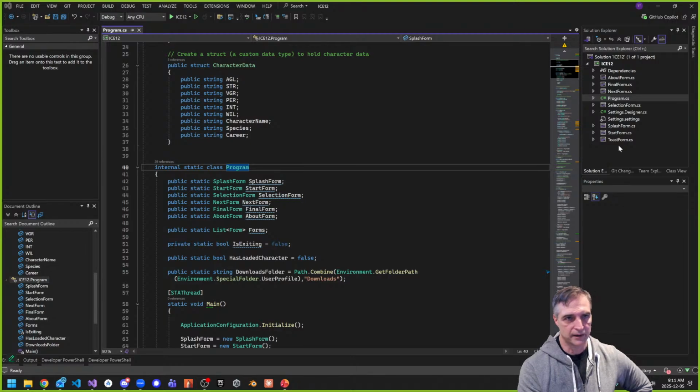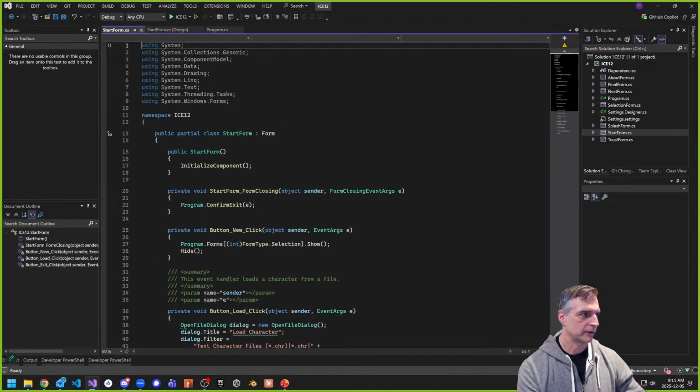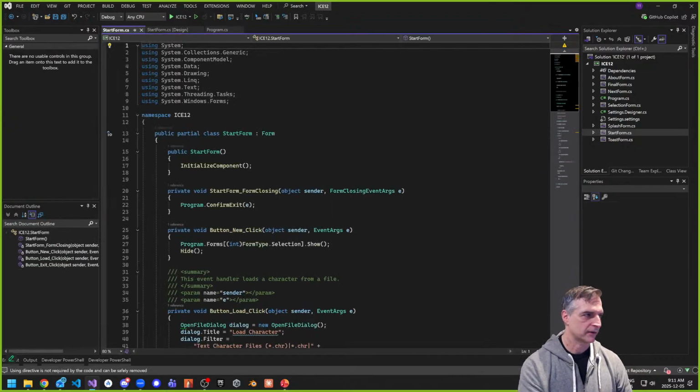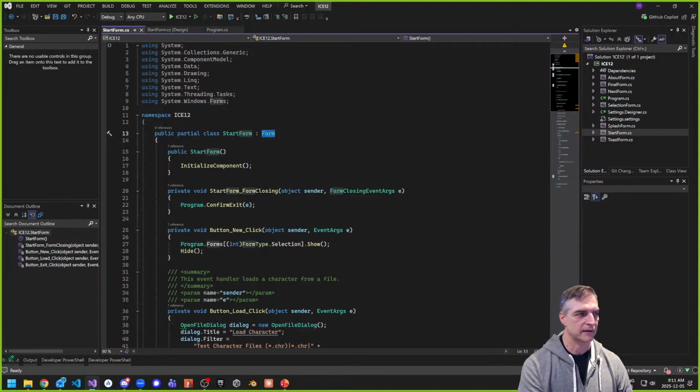So if I looked at something like start form, let's just look at that one for a second. If I look at my class start form, there's a couple things. It says we have this partial keyword, which is unique for this example because we're using Windows forms. But just ignoring this for a second, we have the class keyword, the public keyword, the start form name, that's the name of the class. Then we have a colon, which means inherits from, and then we have form. Form is the superclass. This is kind of like the parent class of these ones. And that's how we do inheritance.